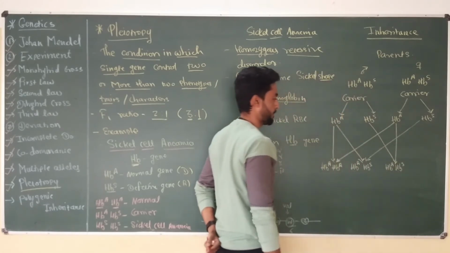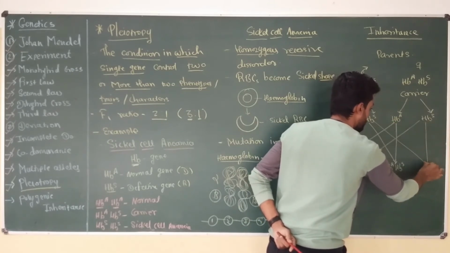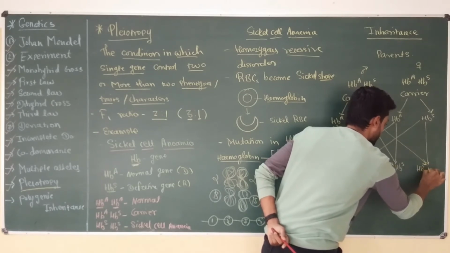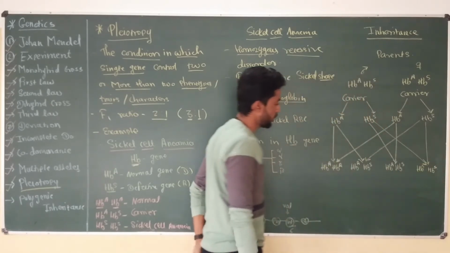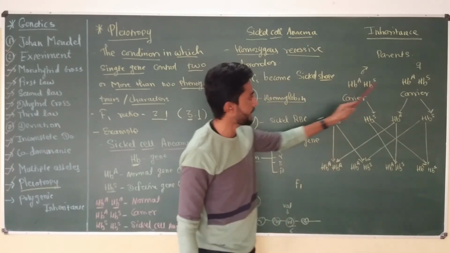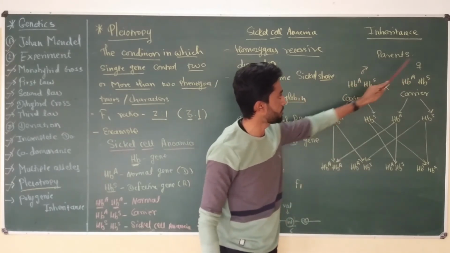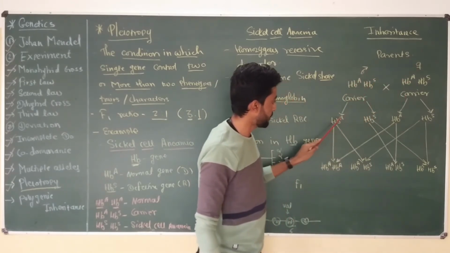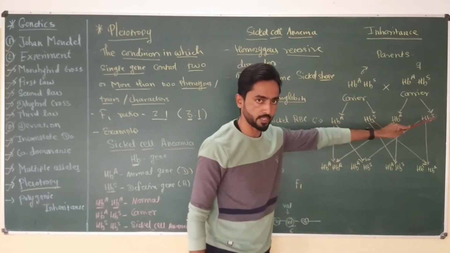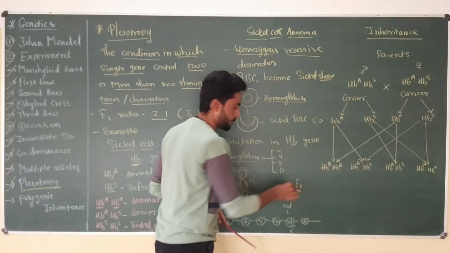of genotype. Then HBS may fuse with HBA of the female, that will produce HBA dominant, HBS recessive type of genotype. And finally, HBS from the male parent fused with HBS of the female parent will produce HBS, HBS type of genotype. So four different types of genotype are produced in the F1 generation. Okay, so this is the parent generation, and when we cross the parent generation, male and female, they will produce four types of gametes, HBA, HBS, HBA, HBS, and due to the fusion, four different types of genotypes are produced in the F1 generation.